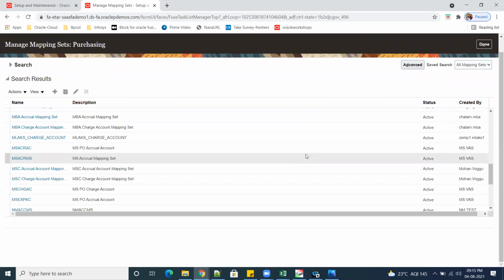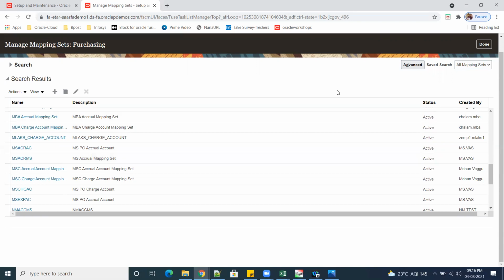So based on this, when I'm writing a requisition or purchase document, if I'm using this particular item category which we just mapped, automatically the account segment value which we selected will be mapped onto that requisition. Correct.